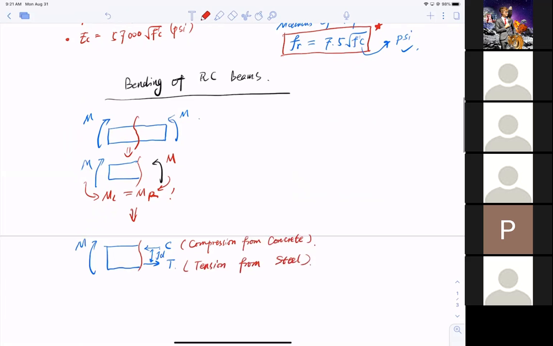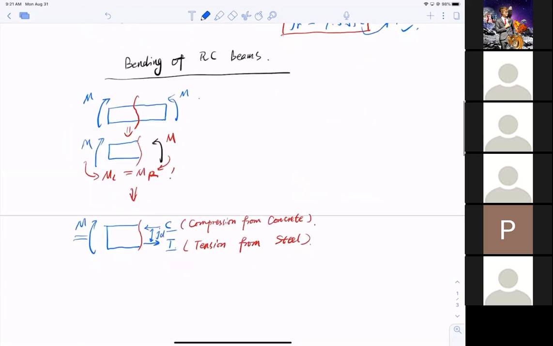So, quick question here. I have moment, I have compression, I have tension. For the sake of equilibrium, I need to maintain the balance in the x direction. X direction means this is x. I need to have compression